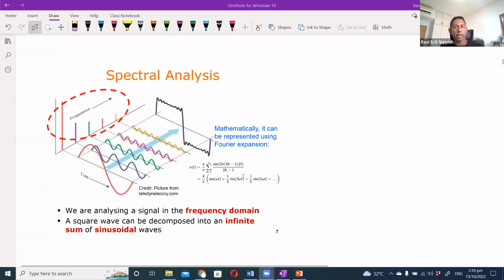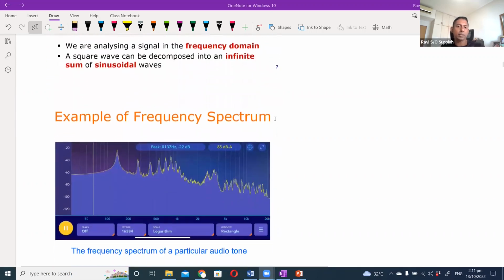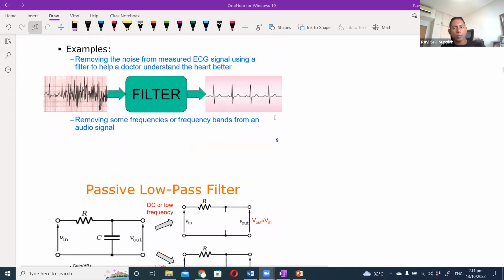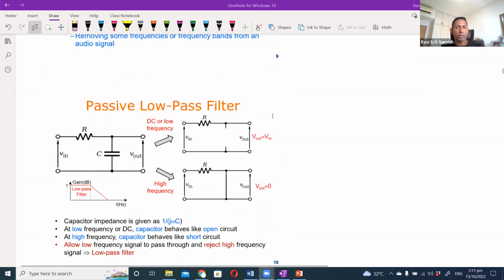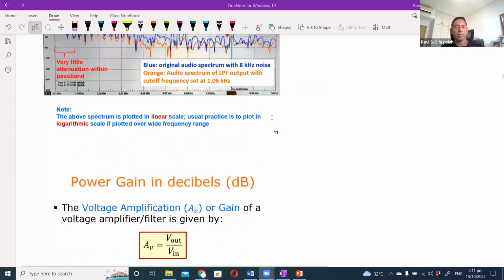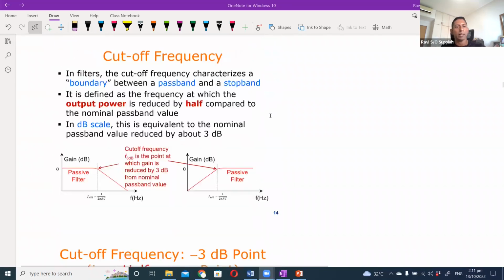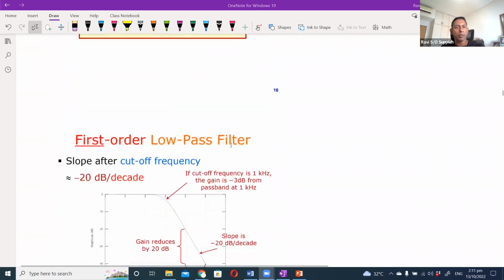You'll be exposed to a lot of technology and concepts, just at the surface level, to make you appreciate what it can do and how we can make use of it. But the actual concepts and theories behind it are a lot more in depth, which you will learn in future modules. That is how EPP has been structured. We also saw the application of the filter, and we will look at some examples today. Again, I will skip all of this because we have already gone through that